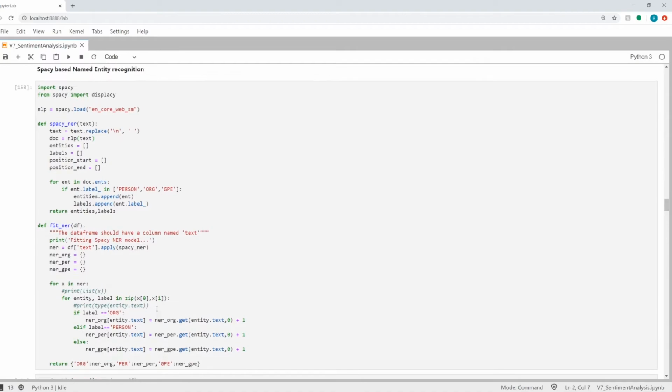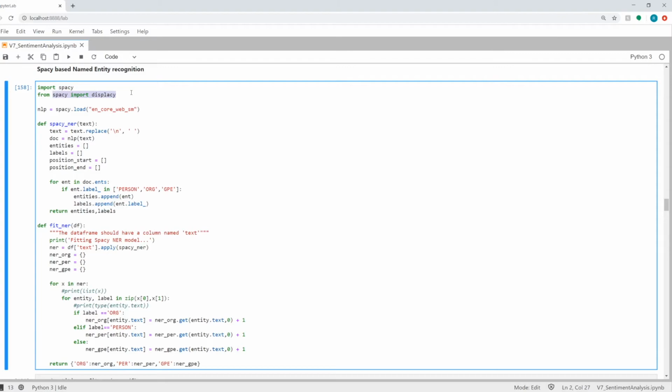In this method, we first find out all the named entities in a piece of text. In order to find named entities, I'm using the spaCy library here. I've also created a full video on how to do named entity recognition, where I'm discussing various techniques other than spaCy. So you can find the link on the card on the top right or in the description as well.